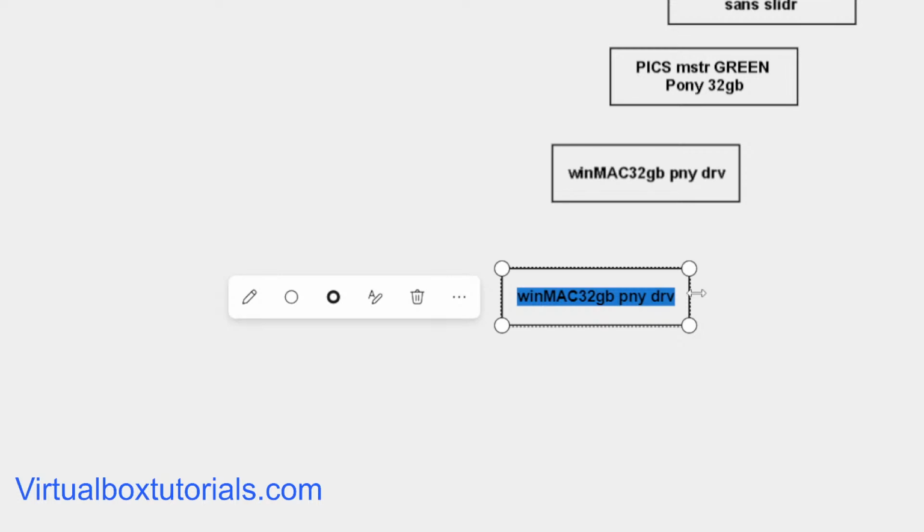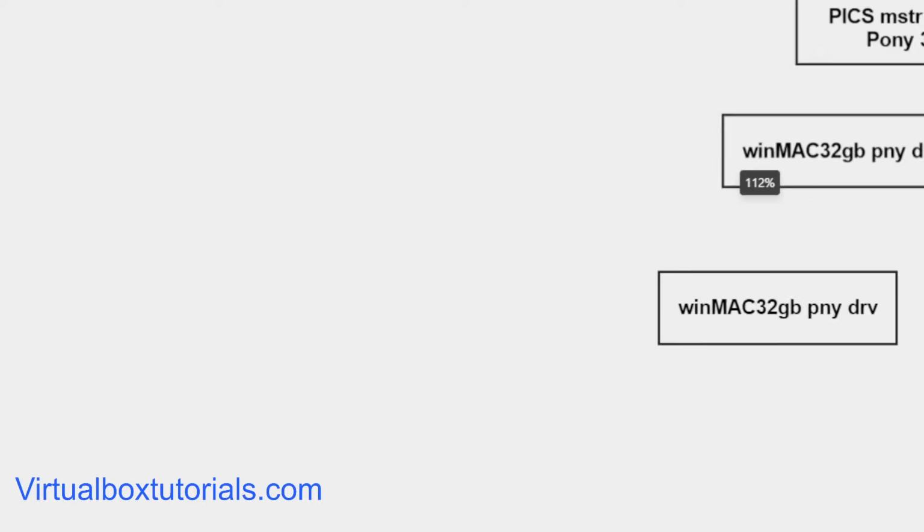So the goal is to make a mental map of your storage containers, be that they contain videos, pictures, documents, files. If you have a bunch of files and you're trying to organize them other than folders, mapping out on a whiteboard like this helps me get a bigger picture of what I'm working with,